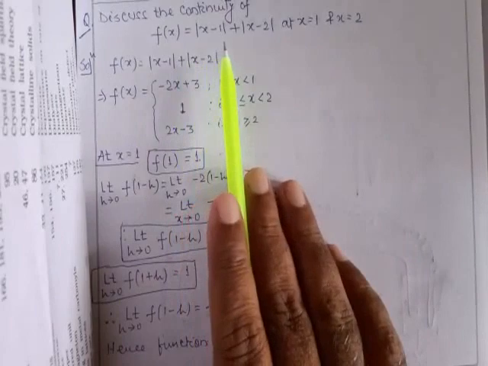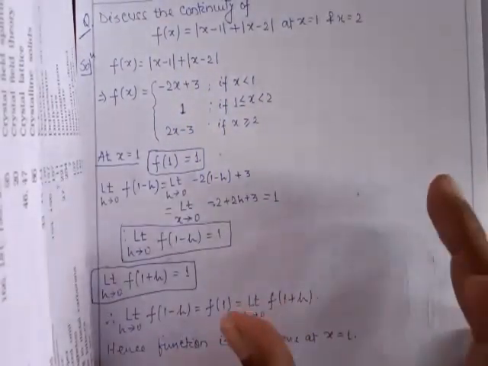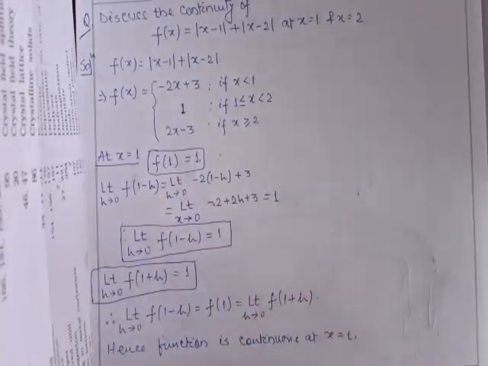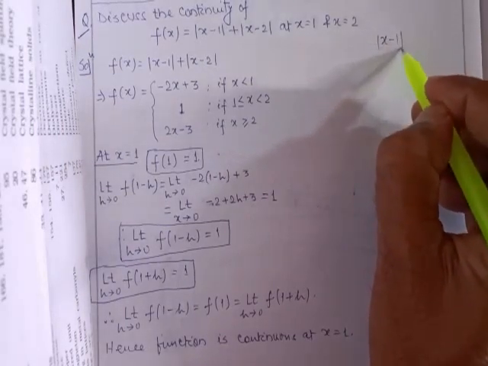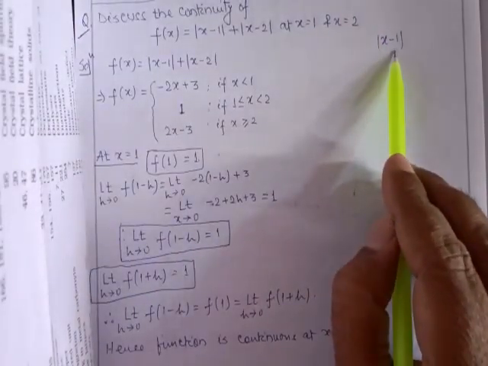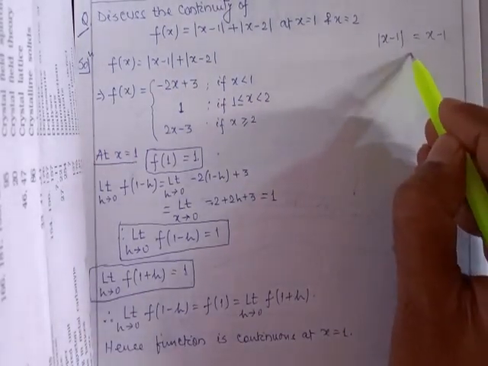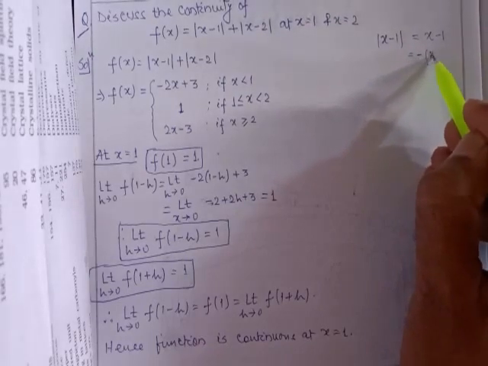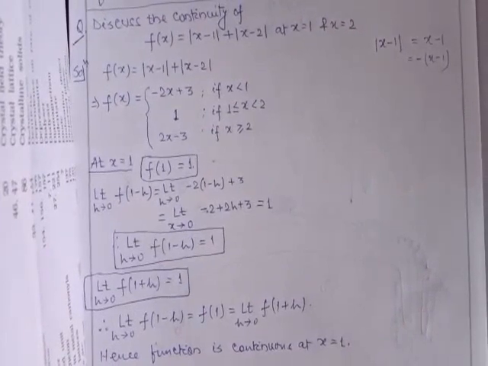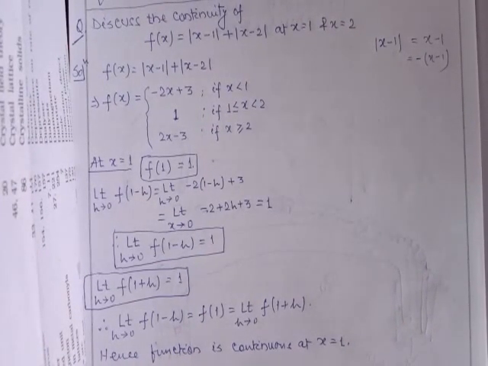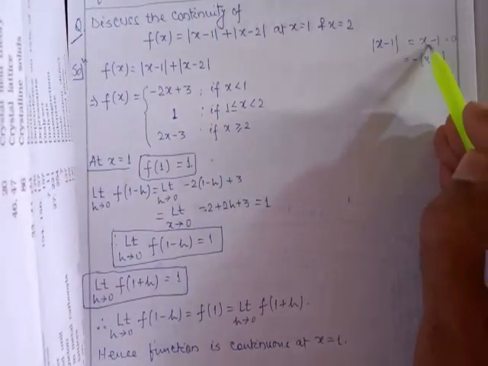Obviously, come on to the terms of modulus. You have two terms, modulus of x − 1. So when x − 1 is greater than 0, then it is x − 1, and when it is less than 0, then it should be x − 1 with a negative sign, right? So when x − 1 is 0, it means x is equal to 1.